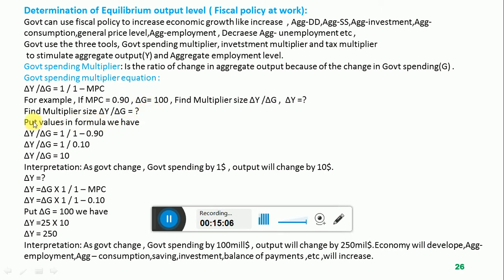Now we are putting the values in this formula. This is the government spending multiplier equation. Put values in the formula we have. I am putting in here delta y divided by delta g, that is, change in y because of change in